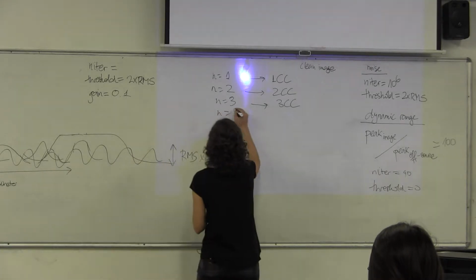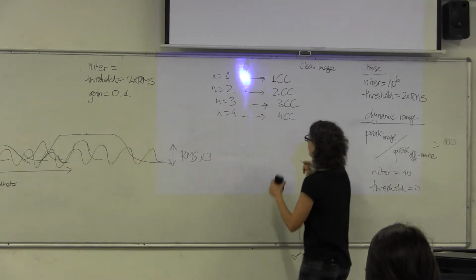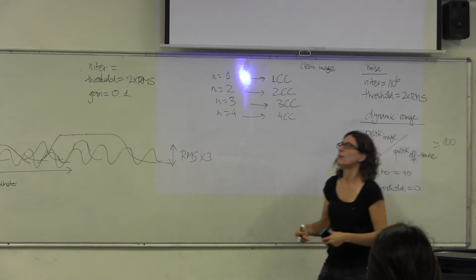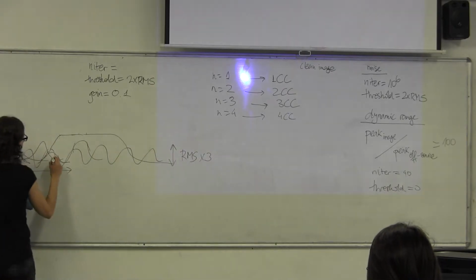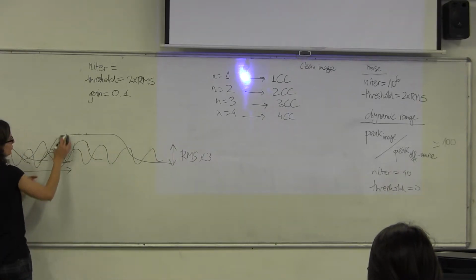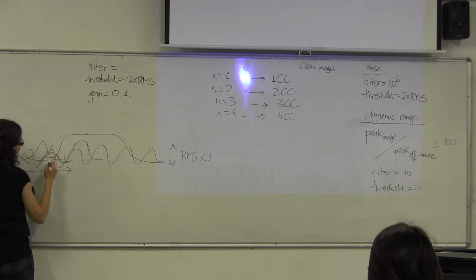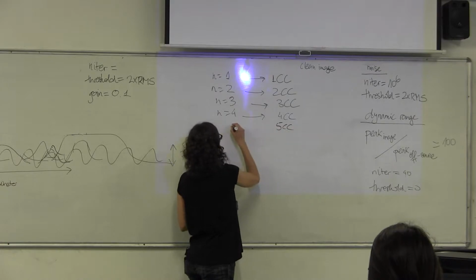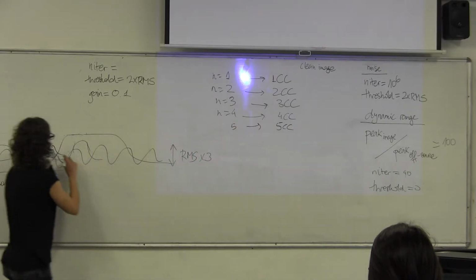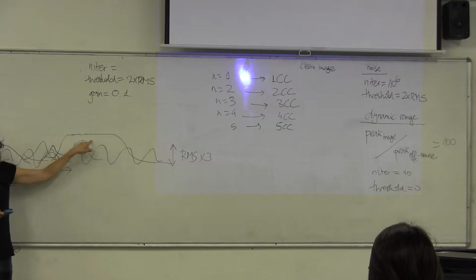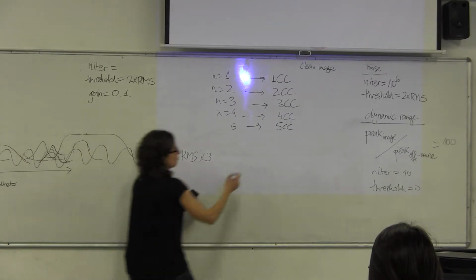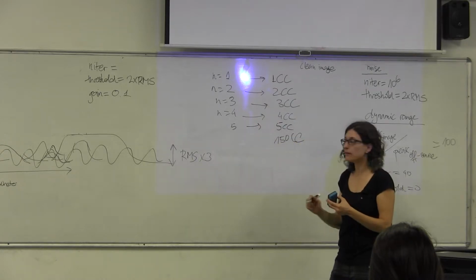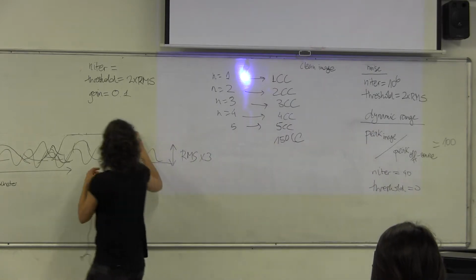So in iteration number 4, I had 4 cleaning components, but I almost did nothing to that. I go again, I fit another point source, I subtract it. It's almost making nothing, right? So then I have like 5 cleaning components. In order to clean all this source, perhaps I need 150 cleaning components. Okay? So then I managed to clean it,